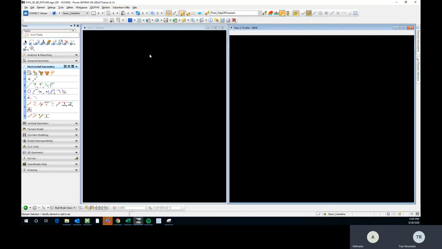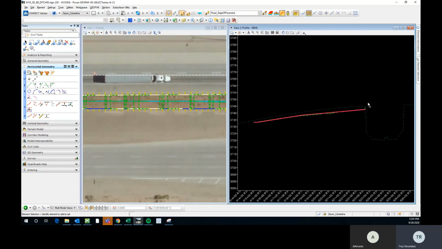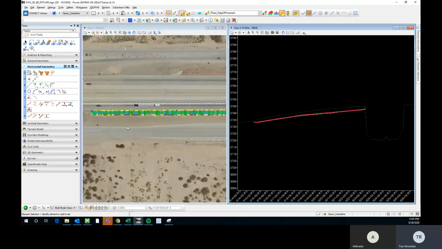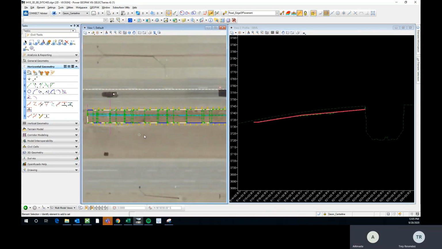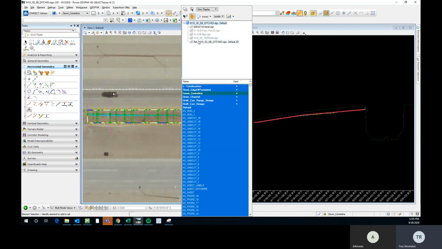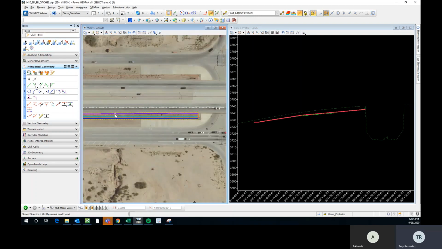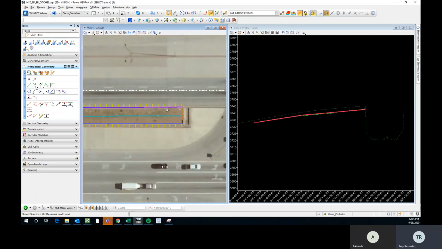And the main thing that this allows us to do is it allows us to see the cross sections of our ditch dynamically with our template here. So what I'm going to do is, first of all, I'm going to come to level display, and I'm going to turn off these levels in the 3D view, just because it can be kind of confusing. So now I can only see my ditch and the lines that are